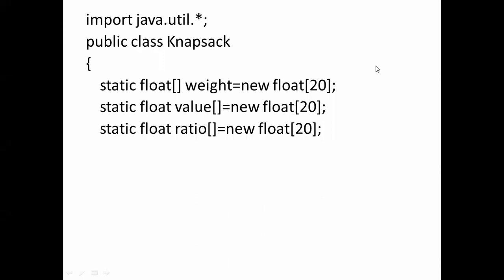And the fourth method we have used is the ratio, finding the profit by weight ratio, or value by weight ratio. For the item for which we get the highest ratio, that item will be added first into the knapsack, then the next highest ratio item, right?